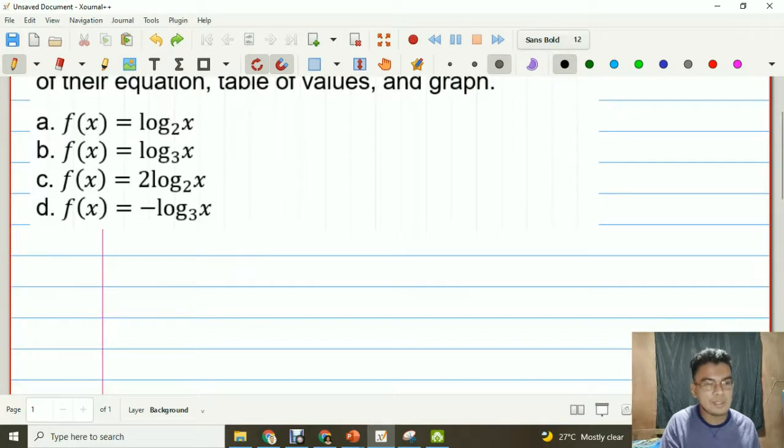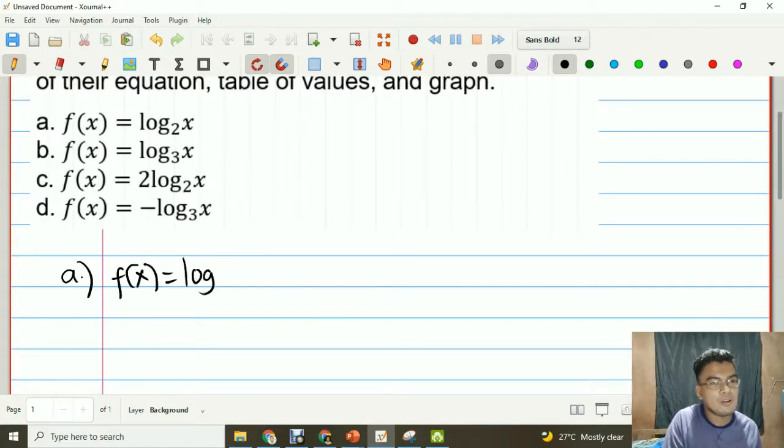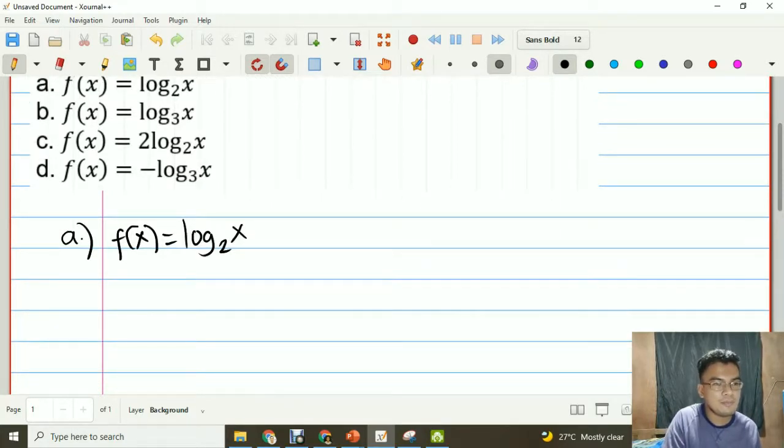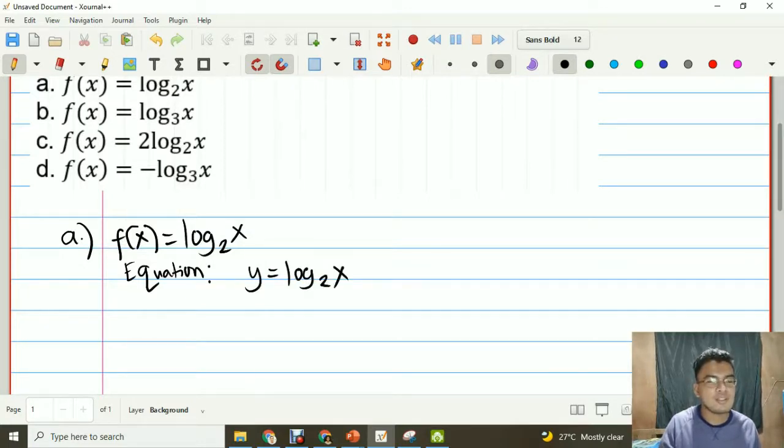So let's start doon sa A. We have here, the given is f of x is equal to log base 2 of x. So the equivalent equation for this one is y is equal to log base 2 of x. So as I mentioned in the previous slide, in representing the logarithmic function in terms of its equation, we just replace f of x using y. So, for our table of values naman,